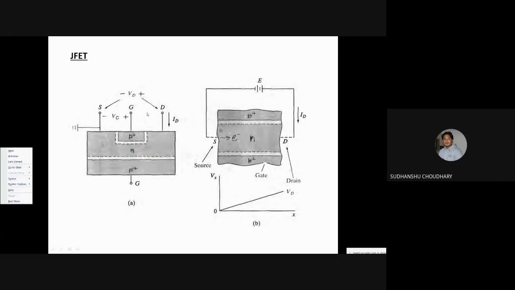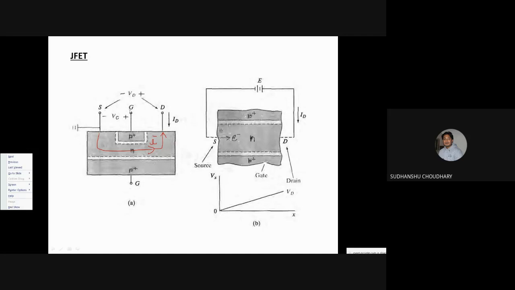Okay. Now it has three terminals: source, gate and drain. Source because it is a source of carriers, which is electrons in this case. Drain will collect these carriers which are emitted from the source. So the job of the source is to produce or emit carriers, and the job of the drain is to collect these carriers. That is why these two terminals are called source and drain.